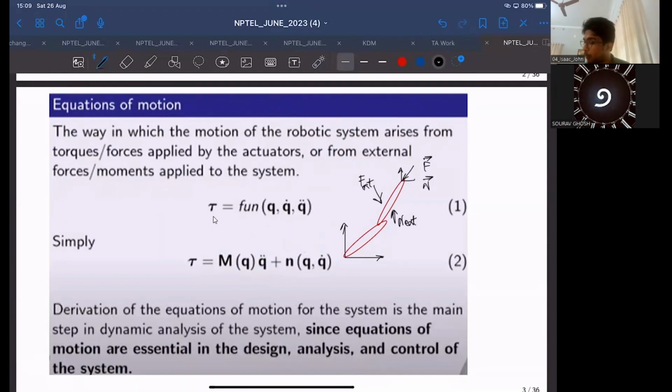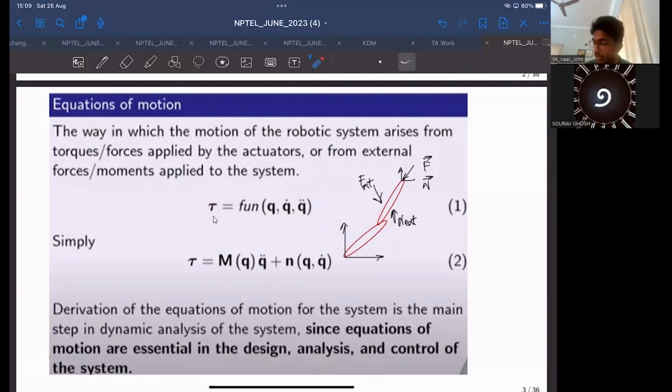So how the robot reacts to the forces, as part of its task and as part of these external forces, the set of all the forces, is basically governed by the equations of motion of the robot, right? So this is nothing but a mapping of the joint torque. Here, the Greek symbol tau means the torque acting on all of these active joints. Torque or forces.